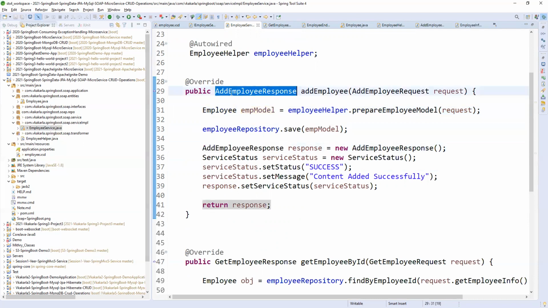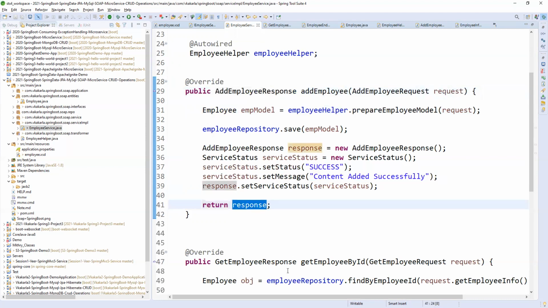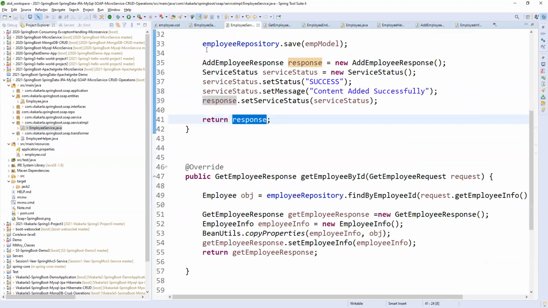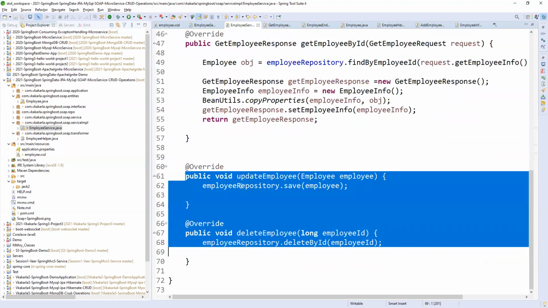So this is the return type, right? So I'm preparing some messages and I'm returning the employee response here. Fine. So this is what just API implementation. So this is what service. So in the service we have all the values. So why it is having 2 implementations, more statements, and why it is not having, I will tell you.